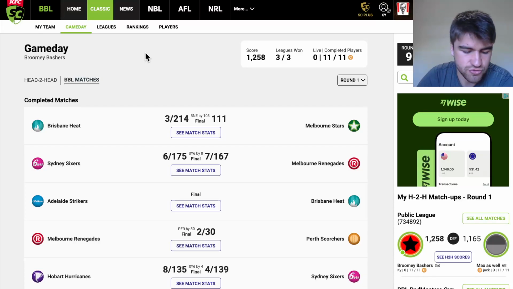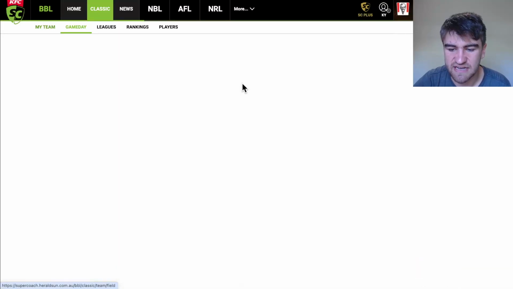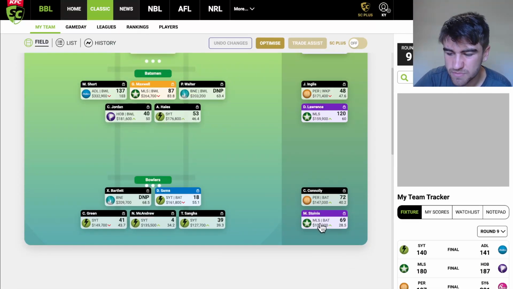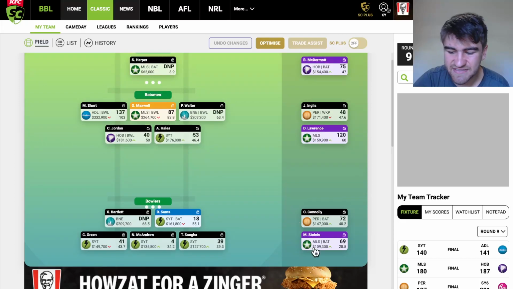And then point 2 obviously is the planning everything out. And then point 3 is to use your emergencies well, because you can easily lock in points, and more often than not, it's going to work in your favor if you set a line of like 60 or so for your emergencies. Usually they're going to outscore the guys that you had playing later in the rounds, but it's just a good way to almost lock in a good score, because if they score a 4 or something like that, say Stoinis gets out first ball, I think he added 8 dot balls with the ball there, maybe a catch, but say he gets like a 10 or a 15, and you're like, yep, no, I'm going to chance it with